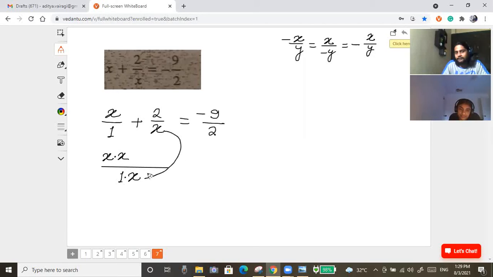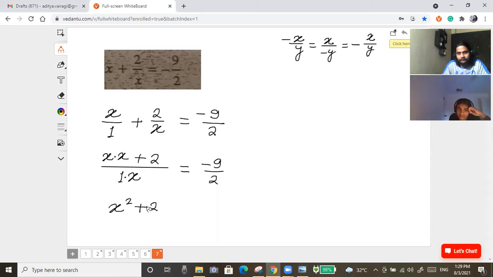And this x hasn't got multiplied, or you can say it got multiplied by 1, which doesn't affect it. So 2 is 2 only. Now what you have is x squared